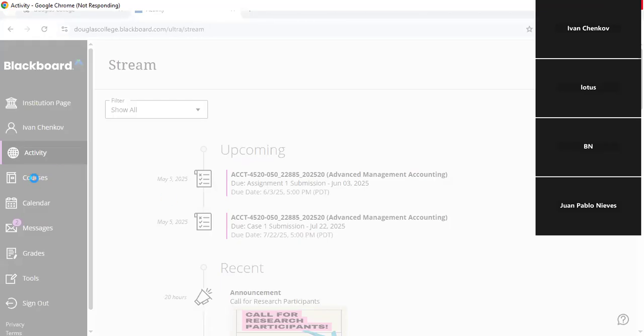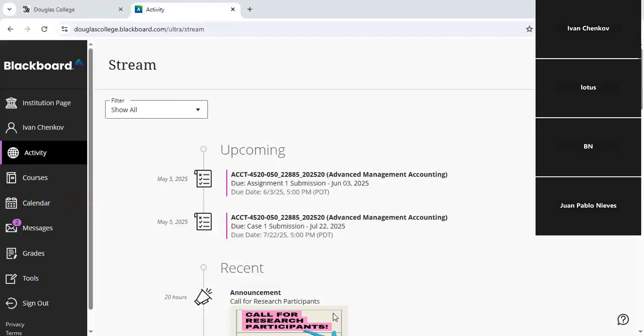So you have to go to your courses, and once you go to your courses, you're going to see the drop-down menu, but let's wait a little bit for this to actually happen, because I don't want you to go about something that you don't see on your screen. Okay, let's try again. I believe it should be working right now.